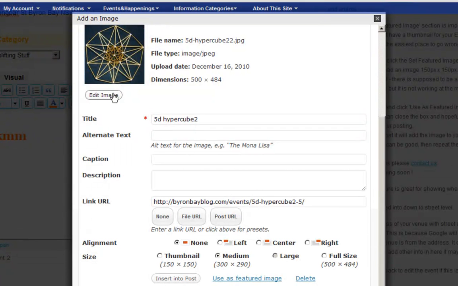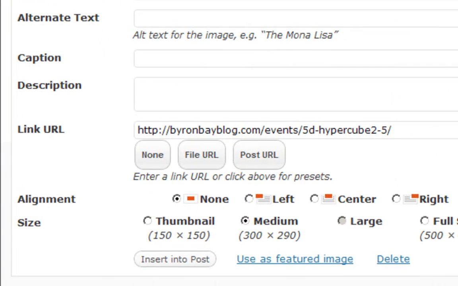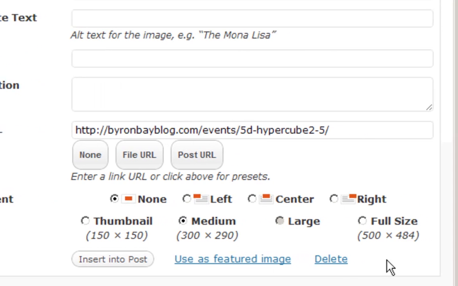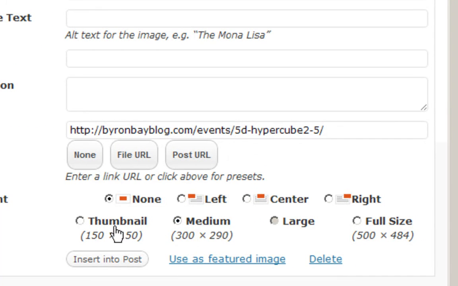The edit image feature here could be useful once we get it operational. You'll be able to crop images from here, but the most important things here are right down here. We have insert into post and use as featured image. I'll explain both of them in a moment. If it's a small image, you can choose one of the sizes here. You can see we can't choose large because apparently our image full size is large. So if we want it full size, we'll click this one. Anyway, select a size here if you're going to insert it into the post, which we'll do now,